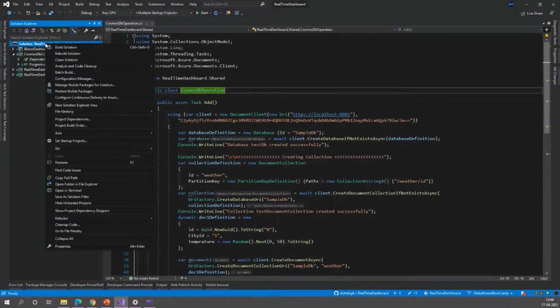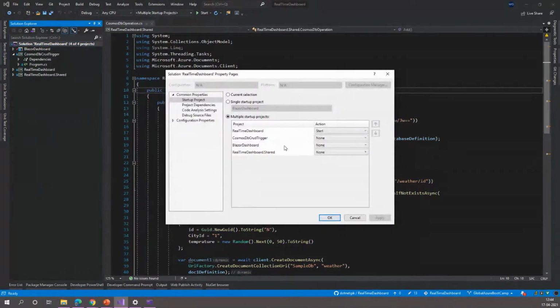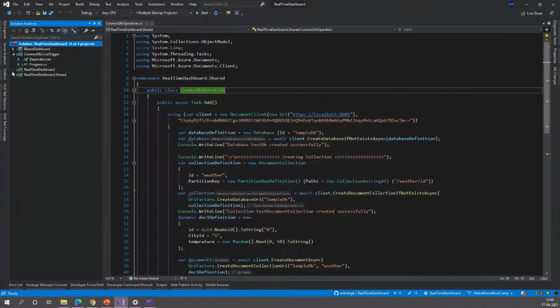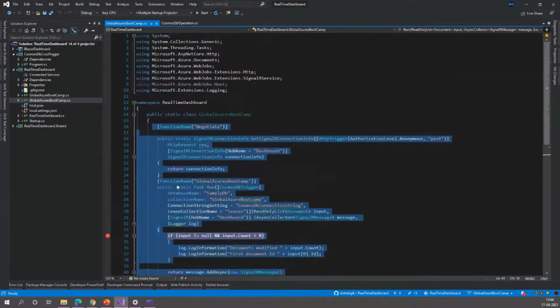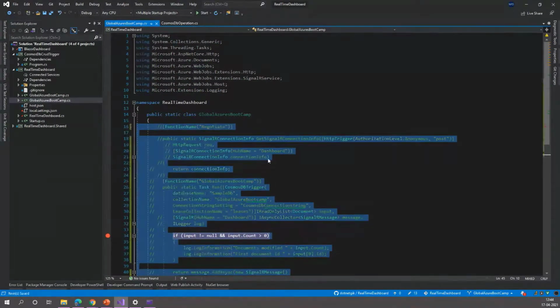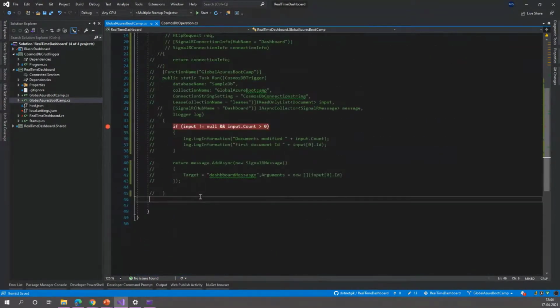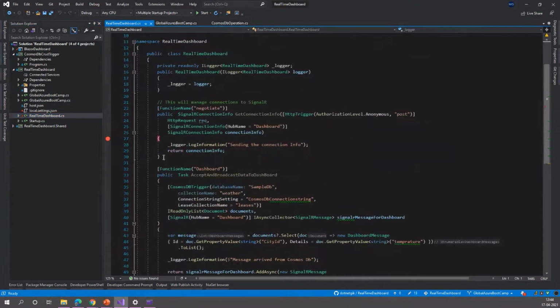So let's try to run our demo and see the output. Before that, I'll just clean up the functions that we have added. This is the function that I had created earlier.